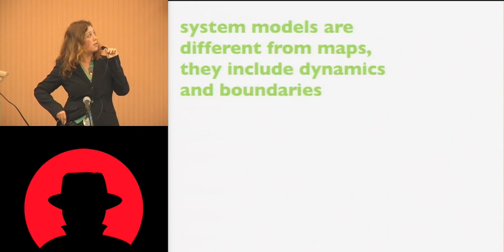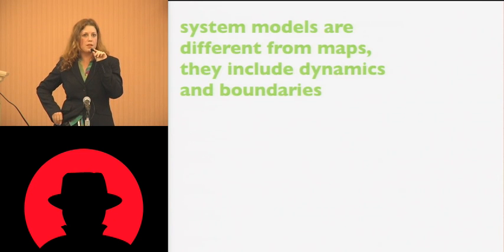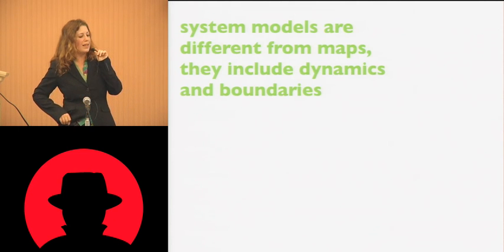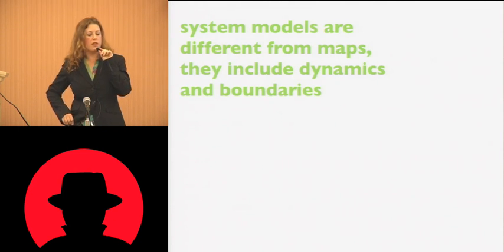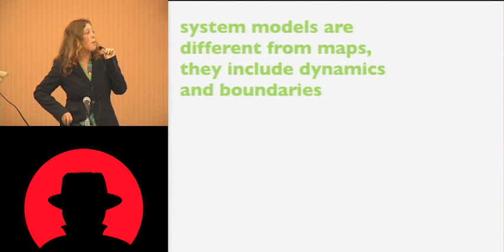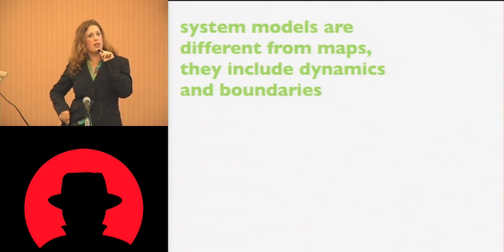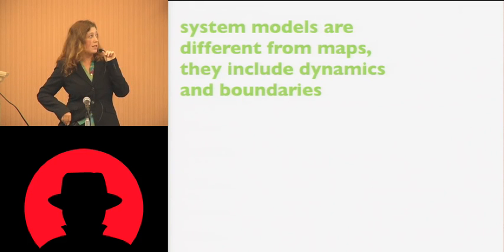And this is one of the reasons why system models are actually different from maps. I think when we do assessments, whether for compliance purposes or for enterprise risk management purposes, essentially what we are doing is cataloging or inventorying components, which allows us to design maps of our system. We know where things are, and we can count the things that are wrong with them or the things that are out of compliance, for example. But models actually include dynamics. The influences that drive how a system actually behaves, not just what is in the system.